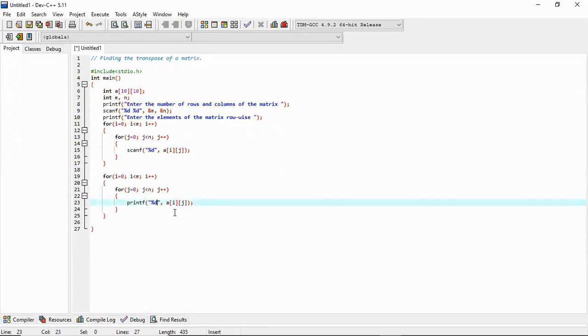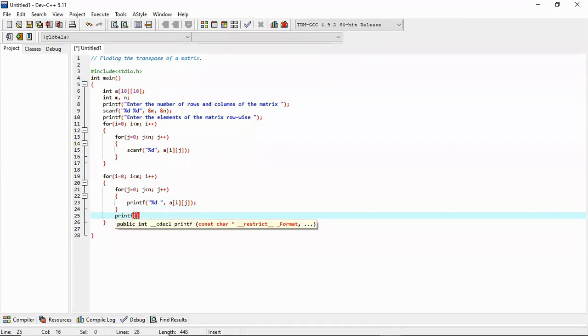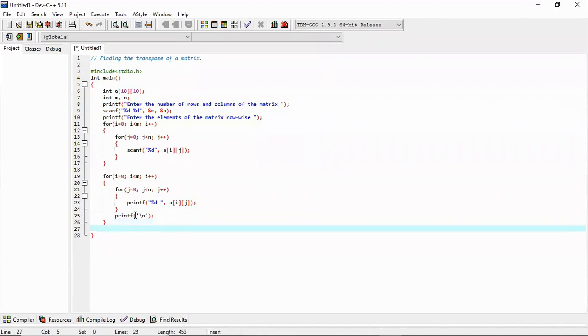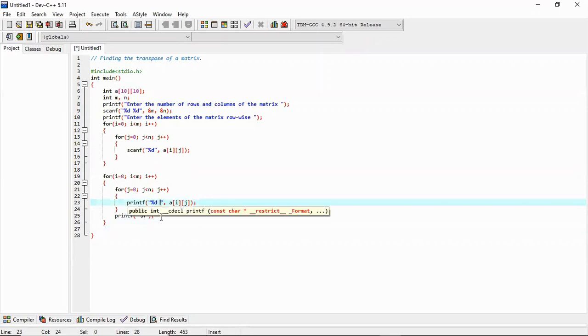And if we want to format it, keep a space here, and we can keep a \n here. So this space will create space between various values, and the \n will create the next row on the monitor.